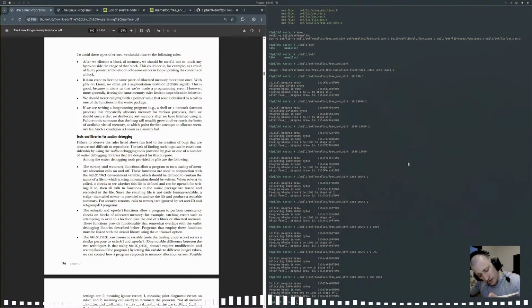When mtrace is called, it checks to see whether this file is defined and can be opened for writing. If so, then all calls to functions in the malloc package are traced and recorded in the file. Since the resulting file is not easily human readable, a script also called mtrace is provided to analyze the file produced. Do I have that on my